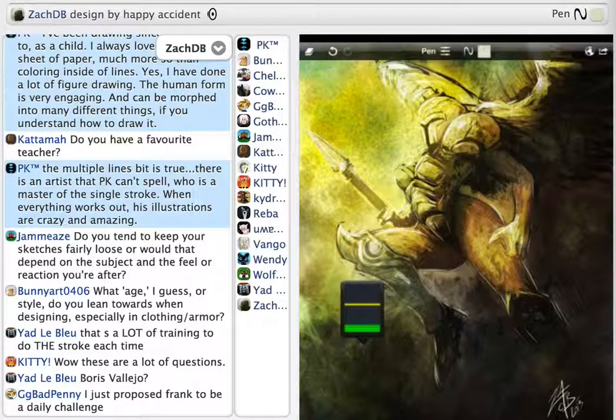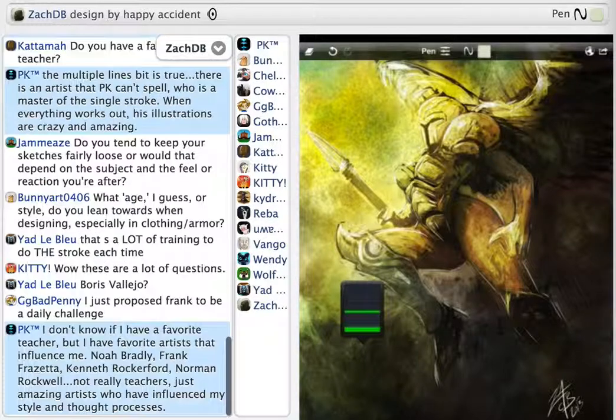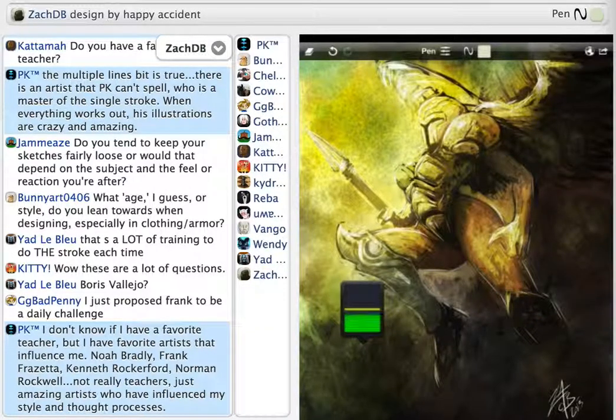I don't know if I have a favorite teacher as much as I have just favorite artists that influence me. I've mentioned before, like Kike Kotaki, Frank Frazetta, Noah Bradley, Dan Luvisi, Kenneth Rockerford, Norman Rockwell.